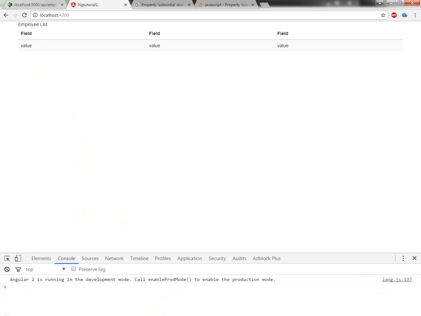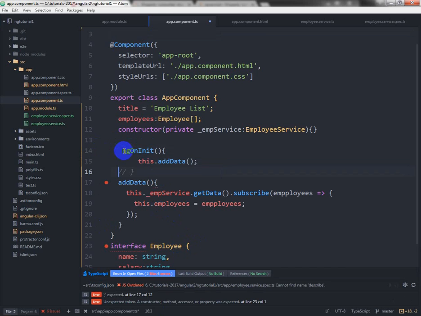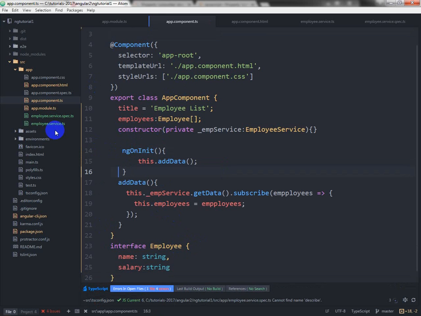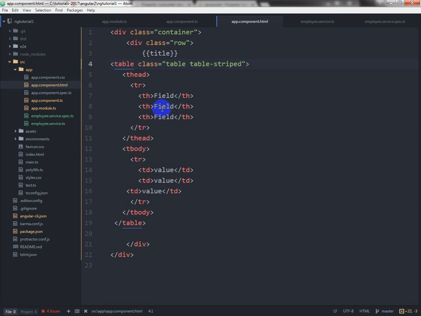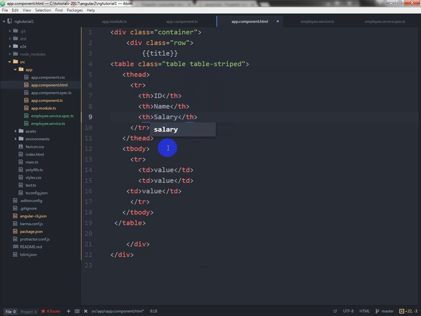Okay. Now I'm going to add this employee array into the component here. ID, name, and salary, and here